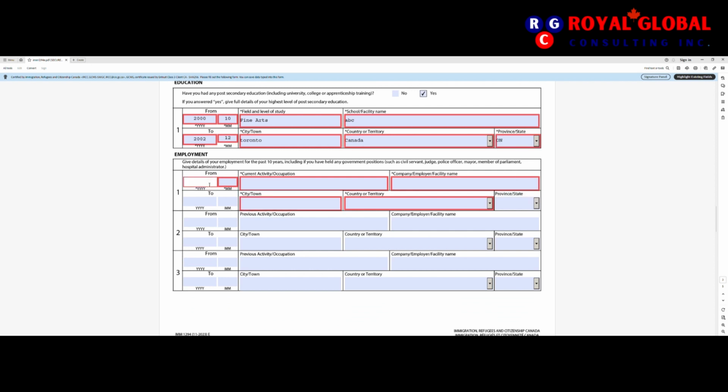And then the next one is very important, employment. If you are a student, then you just need to mention here a student, because if you have been working somewhere, then you need to provide your employment history or last 10 years information. So if you're a student, just put your student and then give 10 years date. Okay, and then you can mention just student